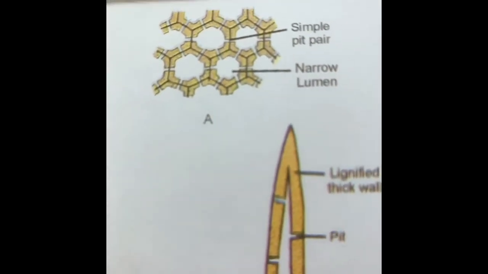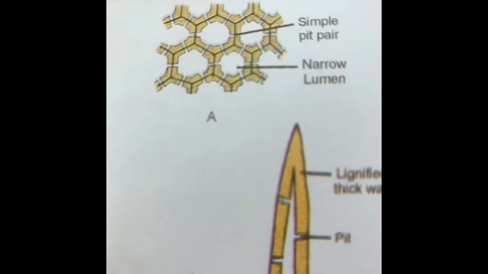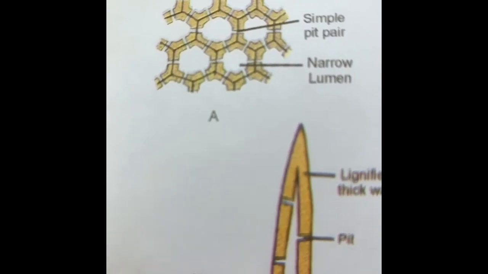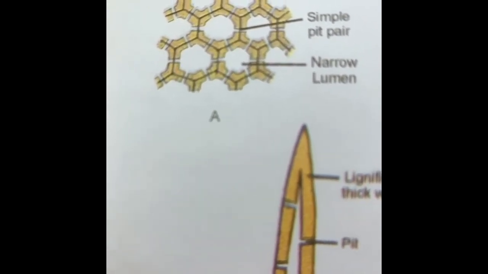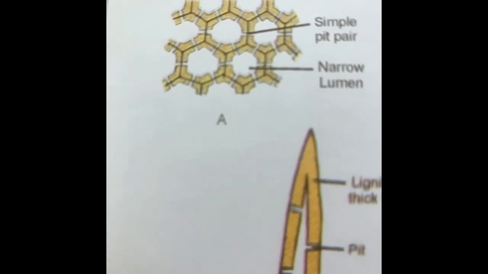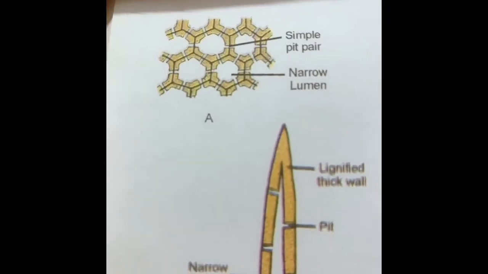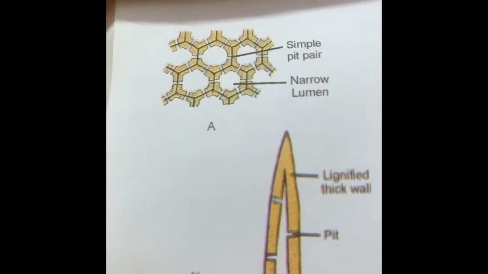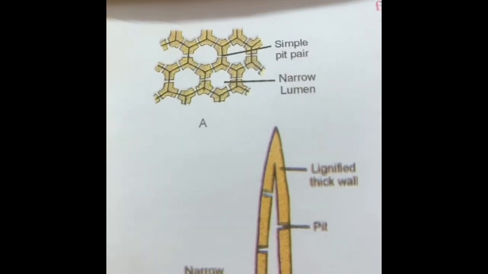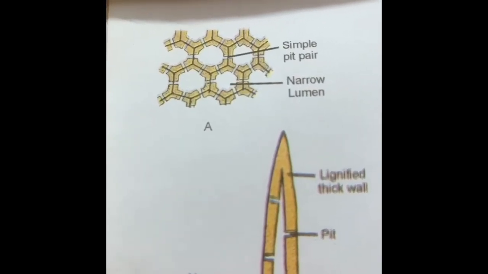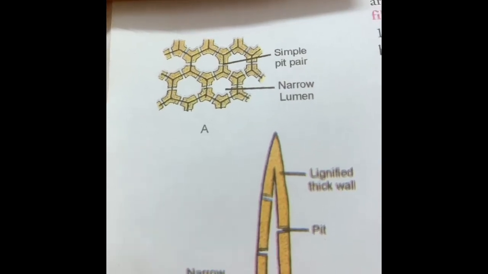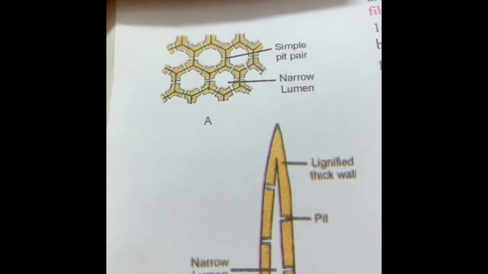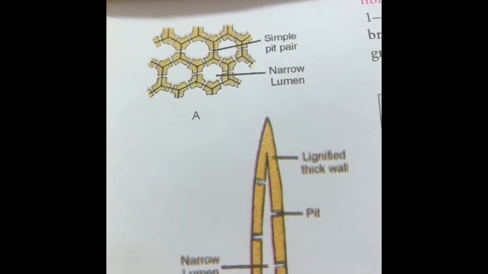The sclerenchymatous cells occur as the hypodermis in monocot stems. They are present inside the xylem and phloem also. They act as the hard covering of seeds, nuts, and the husk of coconut. Have you seen the fibers of the coconut? They are so long. They are all sclerenchymatous tissues. The function is mechanical strength and protection, and many times these fibers are commercially used, like hemp, jute, coconut, flax. All of you are aware of these fibers.